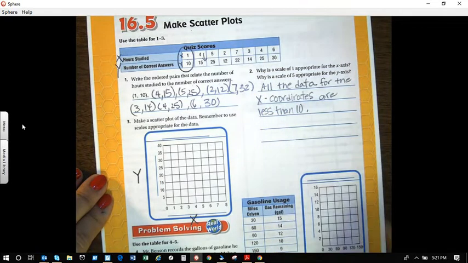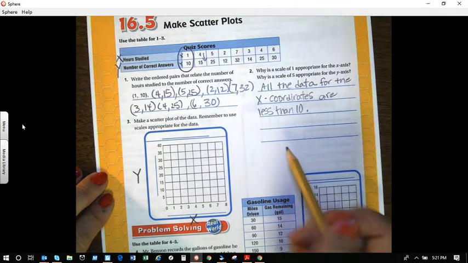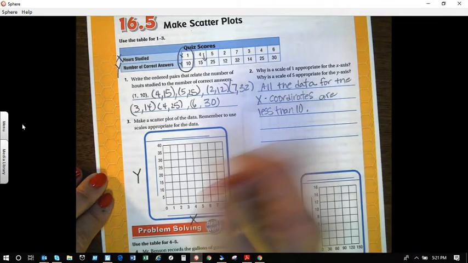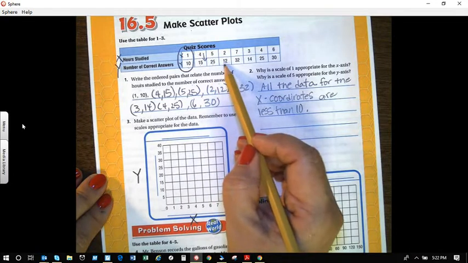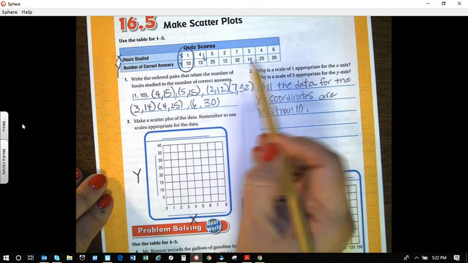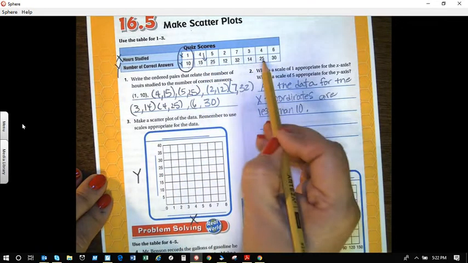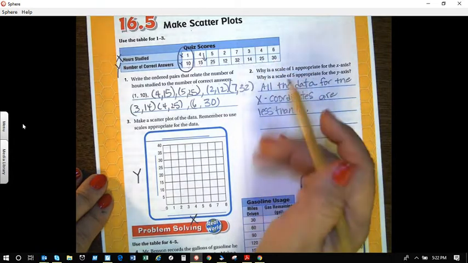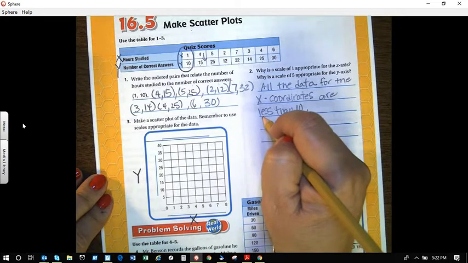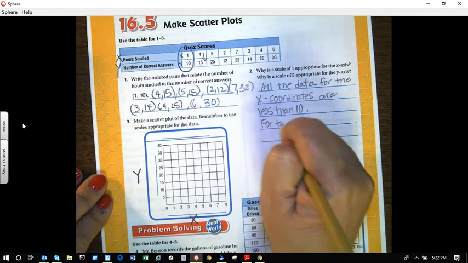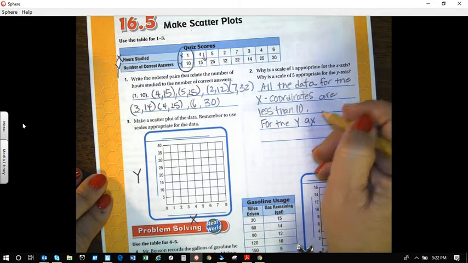Okay? And now what about for the y? Why is a scale of 5 appropriate for the y-axis? Well, if we look here, I have 10, 15, 25, that's close to 10, 30, 14, 25, and 30. So I have 10, 15, 25, 25, and 30. Most of them are multiples of 5. So here, for the y axis,